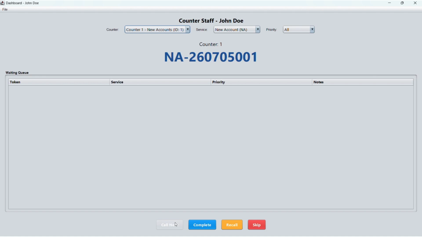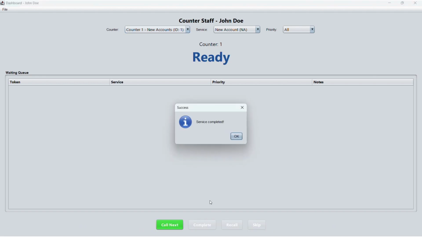Once the transaction is complete, John will click complete. If the customer does not show up, he can use skip or recall function to manage the flow dynamically. This ensures the counter staff have complete control over the workflow without needing to shout names across the waiting area.